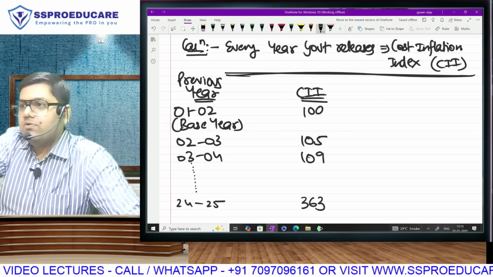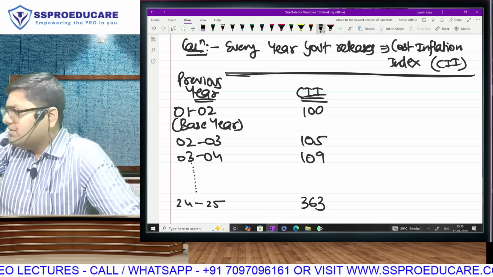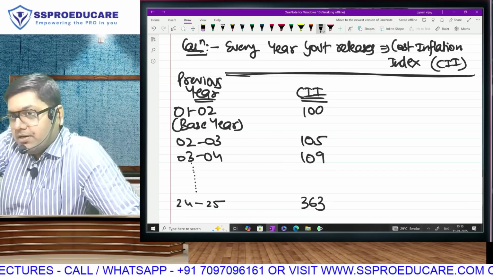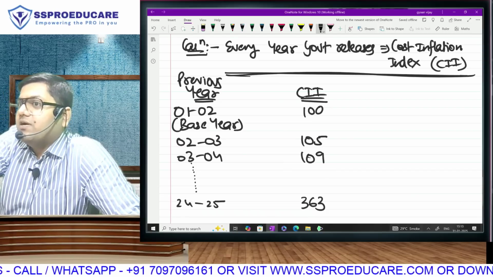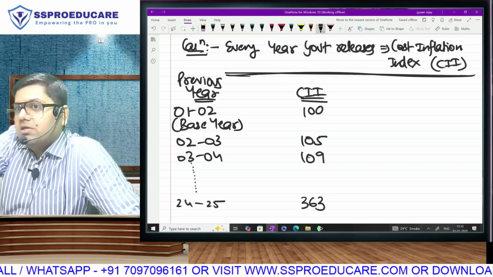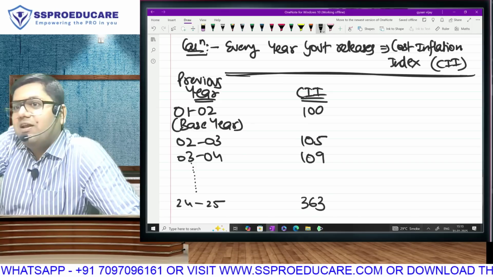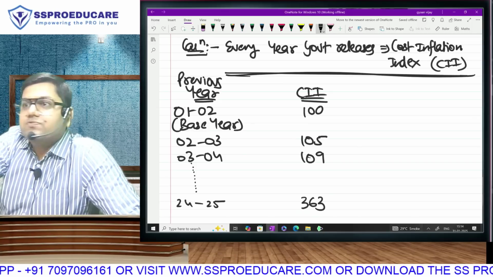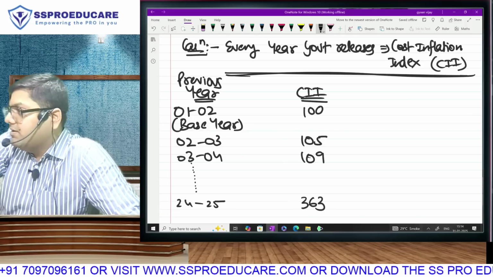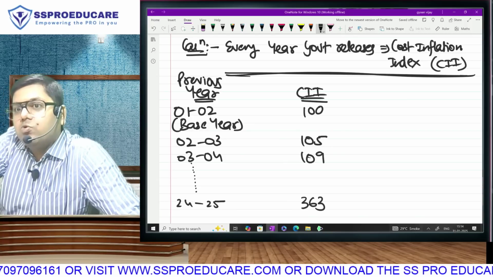Before that, it was 348. Every year they release it. What does this mean? Please understand. If you could have purchased something at a price of 100 rupees in 0102, the same thing if you want to buy today, you will have to buy at 363 rupees. Anything that was costing 100 in 0102, its value today has become